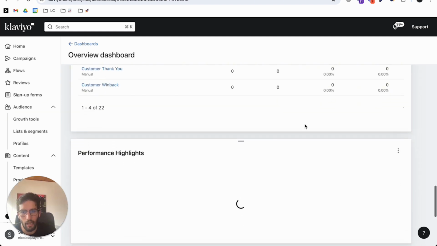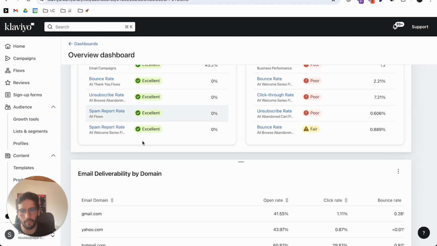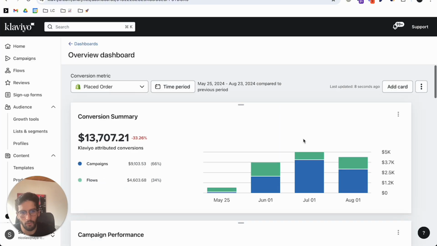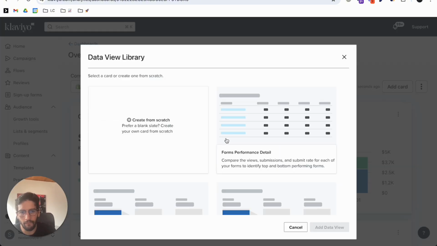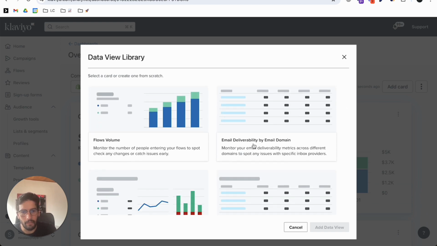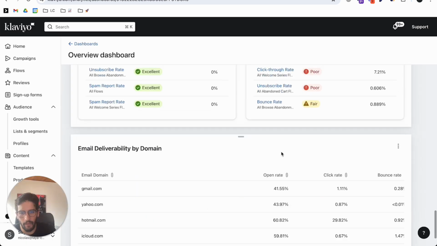You scroll down, and then this section right here is not going to be added by default, so I'm going to delete it just to show you exactly how it looks. So you go here, add card, and then you search email deliverability by email domain. You click in there, add data view, it gets added at the bottom,